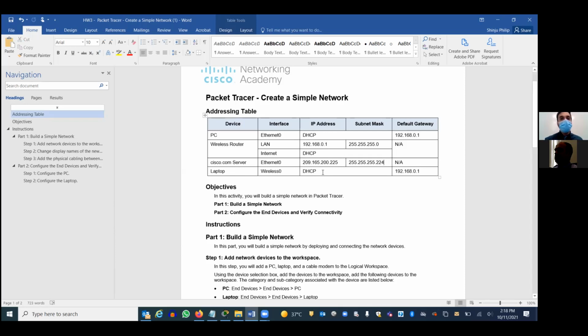How does the laptop get its IP address from DHCP? The IP address is provided by the wireless router, which has a service running called DHCP. DHCP will supply the IP address. Think about how you get the internet when you connect to the city network. Are you configuring it manually or is it automatic?